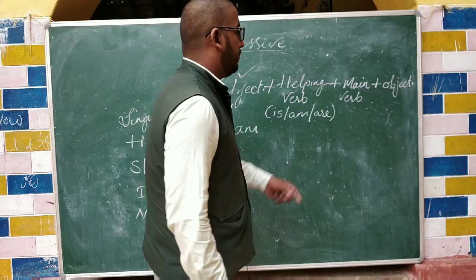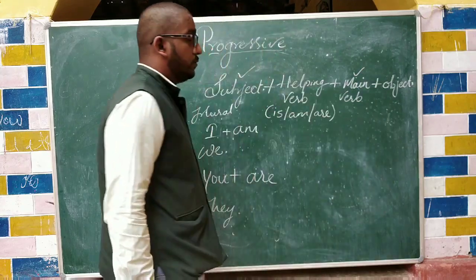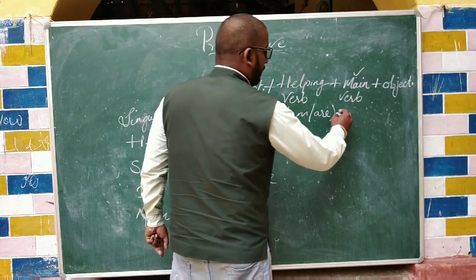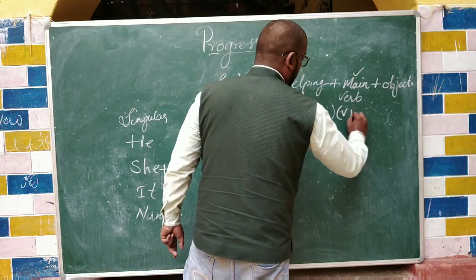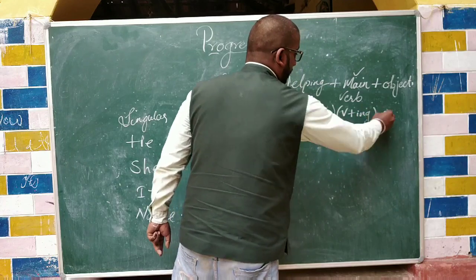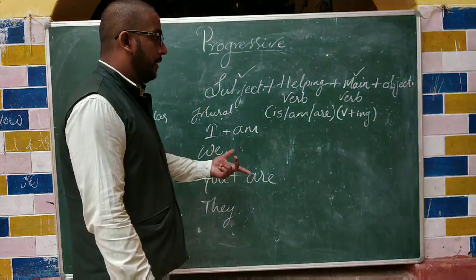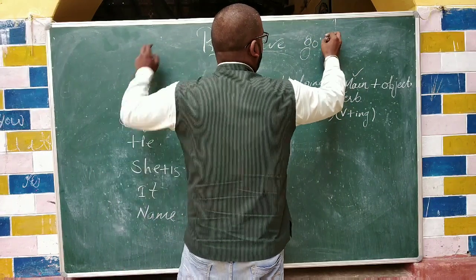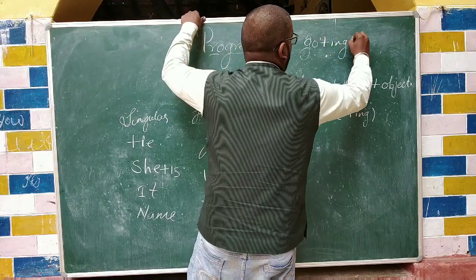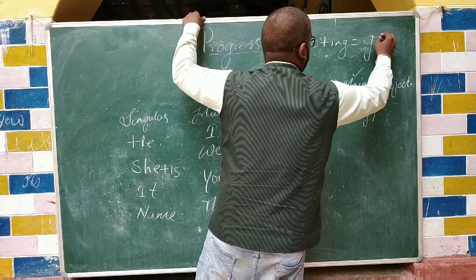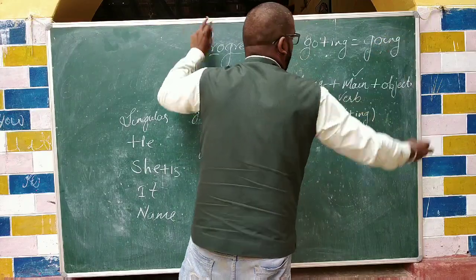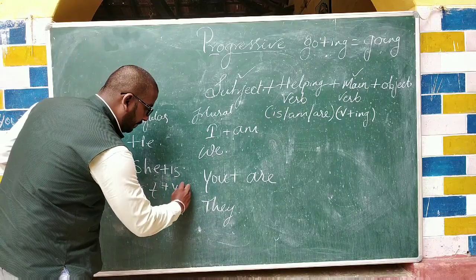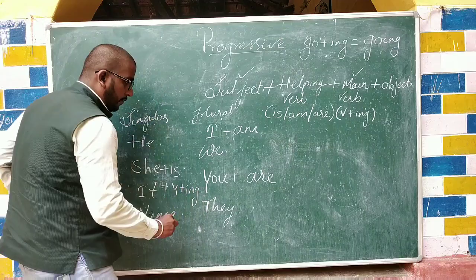Understood? Now coming to the main verb point. So what you have to use, I have told you the fourth one, the past participle one. Here you have to use the ing form of the verb. Verb plus ing, that is the root form of the given verb plus ing. For example, if we take the root word as go, then adding ing, it will be going. And for eat, it will be eating. So like that only. So what do you have to use? Verb plus ing. Verb first form plus ing form.